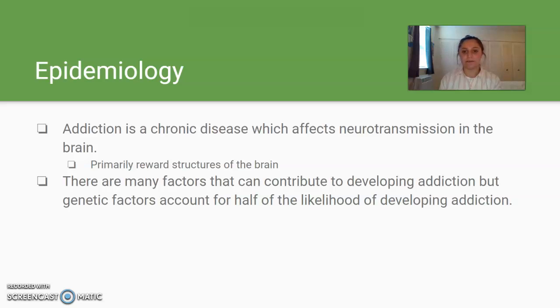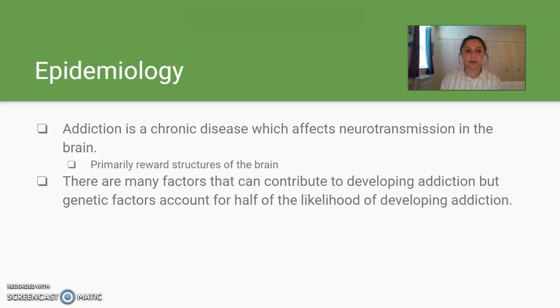Addiction is a chronic disease which affects neurotransmission in the brain. In short, addiction affects existing neurotransmitter pathways such as dopamine and serotonin. So it mainly affects the reward center in the brain, as well as memory and motivation. But there are two different ways to feed the brain's reward system. One way is natural rewards, such as eating food, and the other is artificial rewards, such